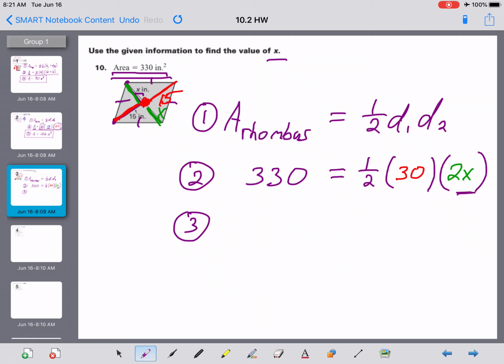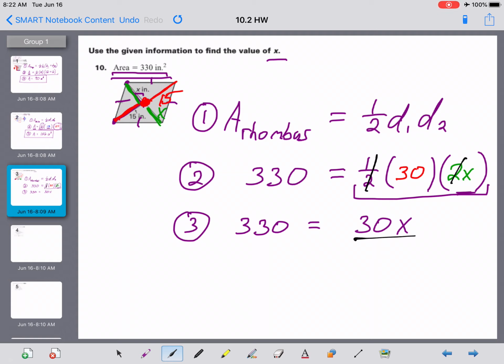So the first thing I would do is try to see if there's anything we can do to simplify this right-hand side. The left side is just going to stay 330 for now, and the first thing I notice, guys, is that 1/2 of 2 is just 1. So 30 times x times 1 is just going to give us 30x. And then from there, the only thing being done to x is that it's being multiplied by 30, so we're going to divide both sides by 30 here. Zeros cancel out, and the 33 divided by 3, those cancel too, is going to tell us that x